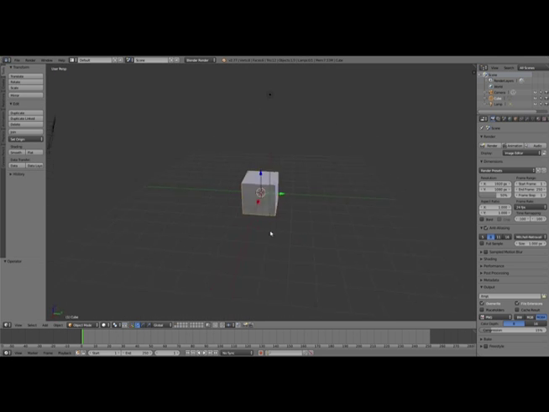Today I have a starter tutorial for Blender. If you know nothing about Blender, I will teach you. To get started, you need a good mouse with a scroll wheel and a middle mouse button. So basically, the basic controls are pressing the middle mouse button will